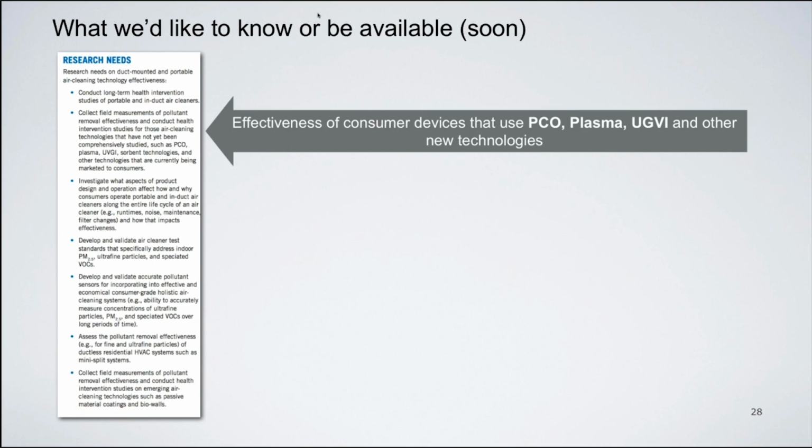So now that's great, but the EPA, nor everybody else, there are lots of things we'd like to know in the building science community, and so of course would EPA like to know them. And the technical summary outlines several things that would be very useful to know, and the sooner the better. The first one is that these consumer devices that use PCO, plasma, UGVI,